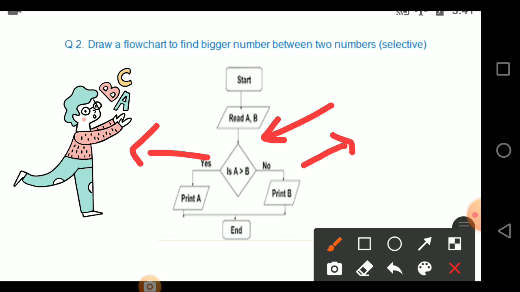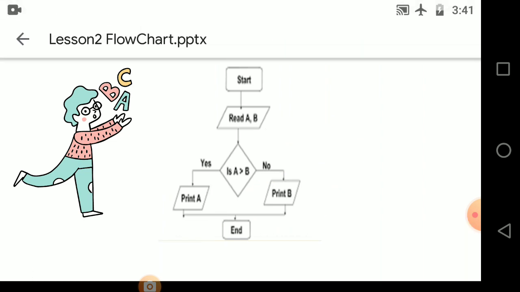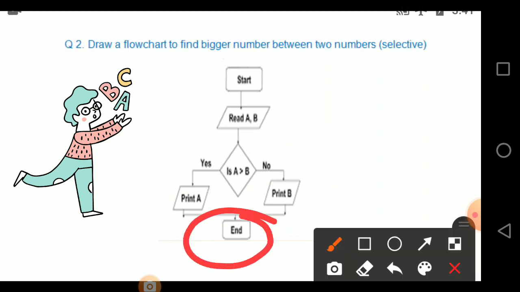If A is greater than B, yes, so you have to print A. If A is not greater than B, it will print B, which means the flowchart will give you the biggest number as the output. And finally, you have to end or stop it. So you have to give an end statement by taking the output from both the places.